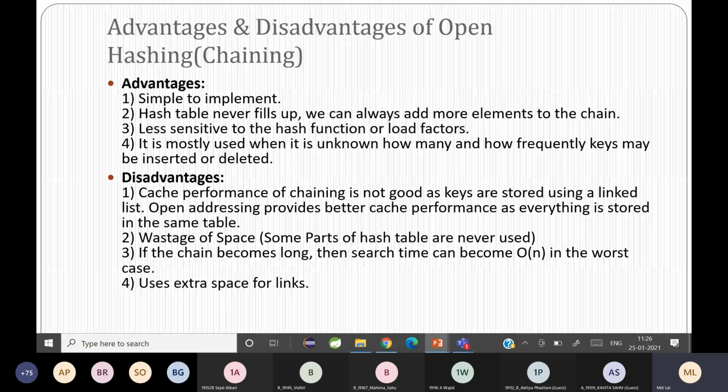Then if the chain becomes long, the search time becomes big O of n, which is the worst case. Because if everything is inserted at index 1, you are traversing the linked list. So it's the worst case, and it uses extra space for links. That is a disadvantage. I hope you have all understood. Please go through each statement, see if you understand and you agree with it.